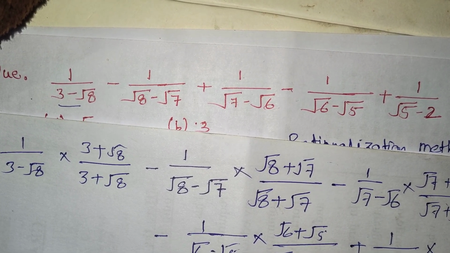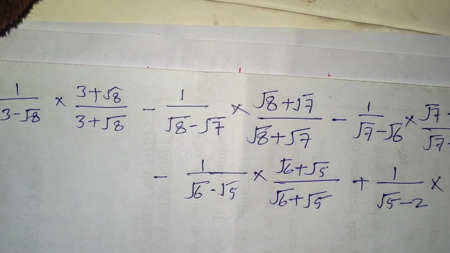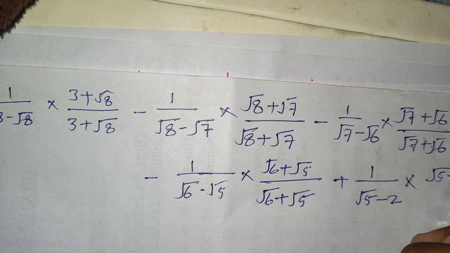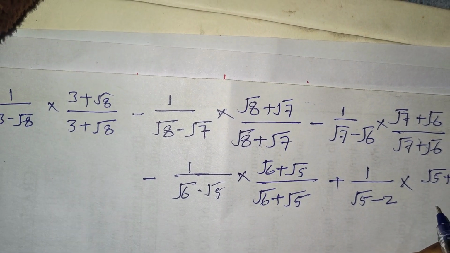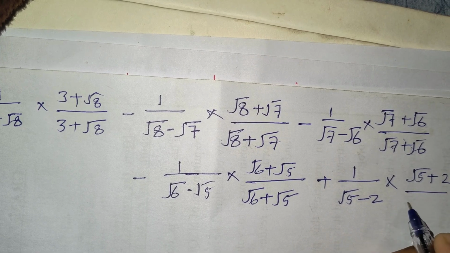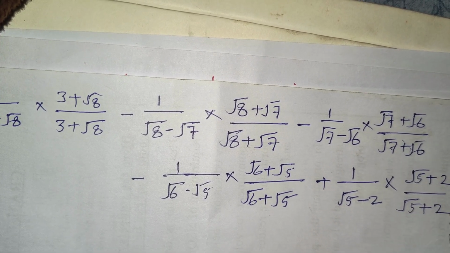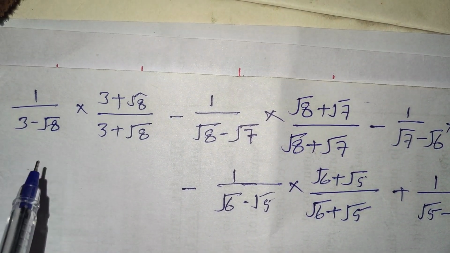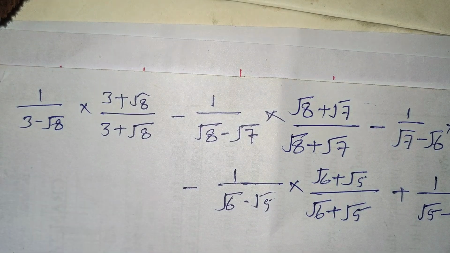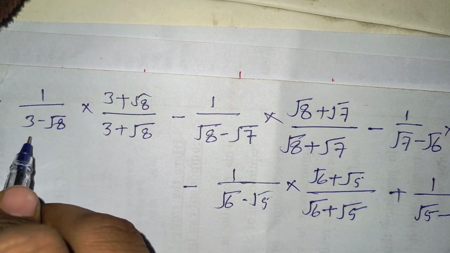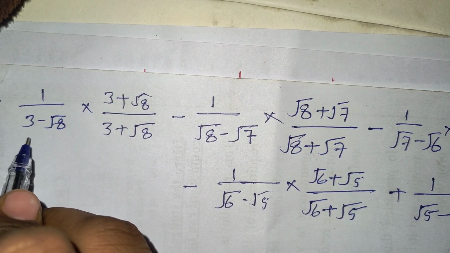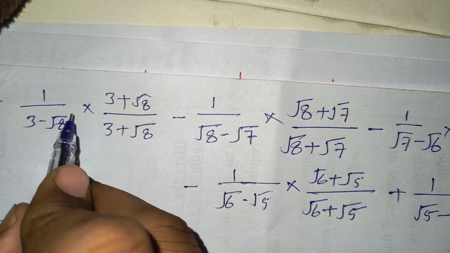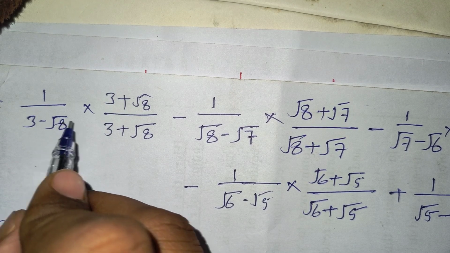Just rationalize this the same way, multiplying root 5 plus 2 and root 5 plus 2. Solve all these problems. Now you know that we can put a minus b into a plus b, we get a square minus b square. Just the same like this, you can